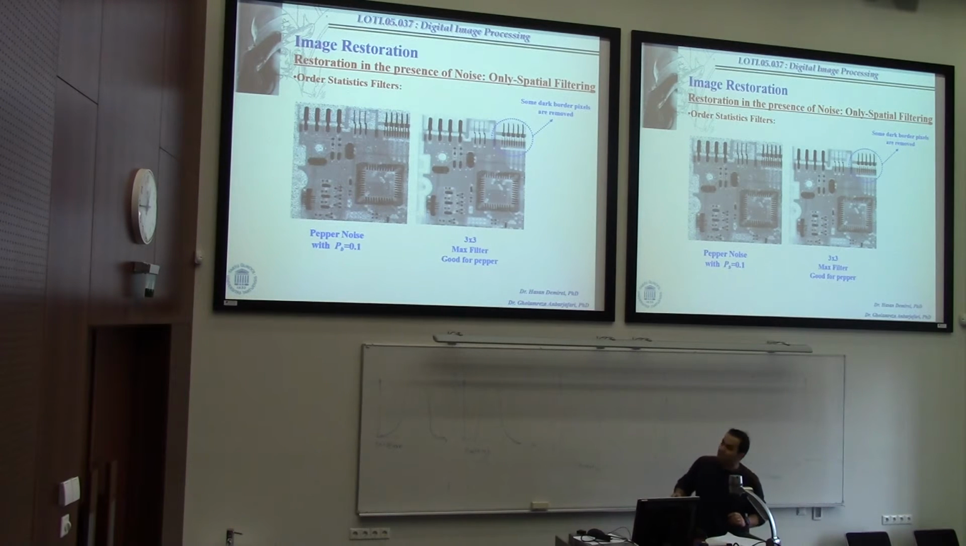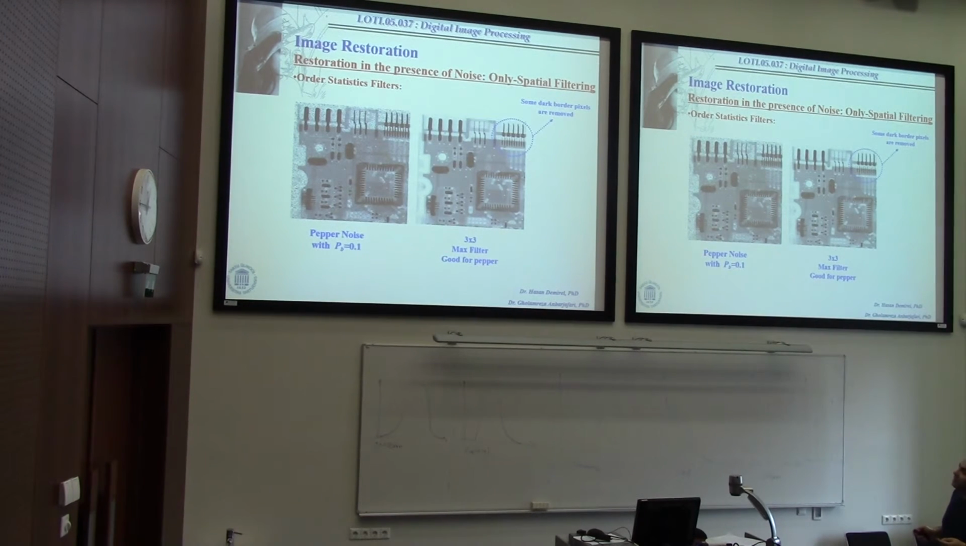And also here you can see an image that we add some pepper noise. It means that we add some dark points to the image. If we use the max filter, that we mentioned will be good for the pepper noise, it will find the brightest point in the image, and after applying the max filter on the image, we easily remove the pepper noise in the image, but